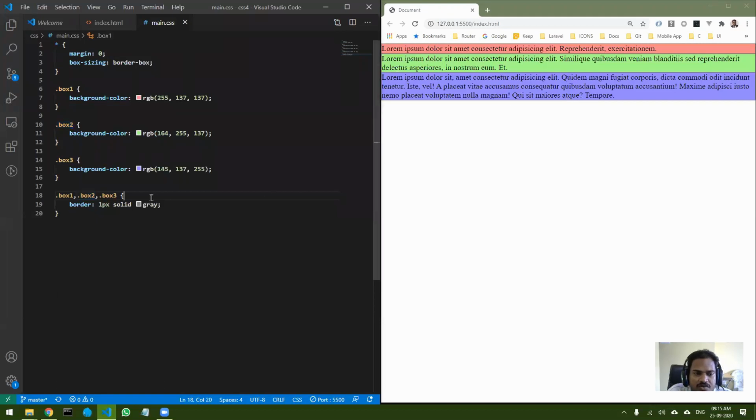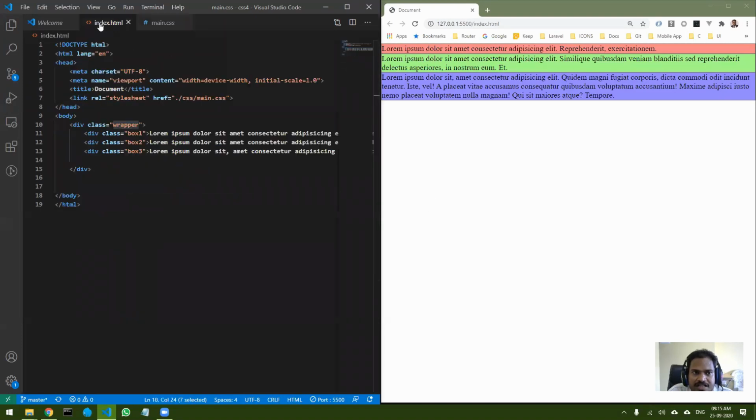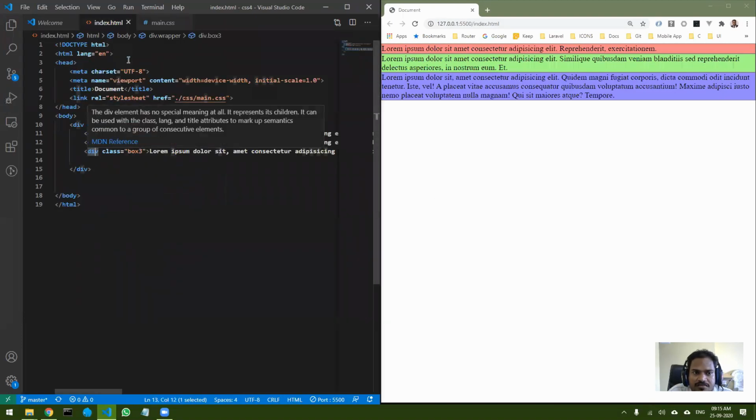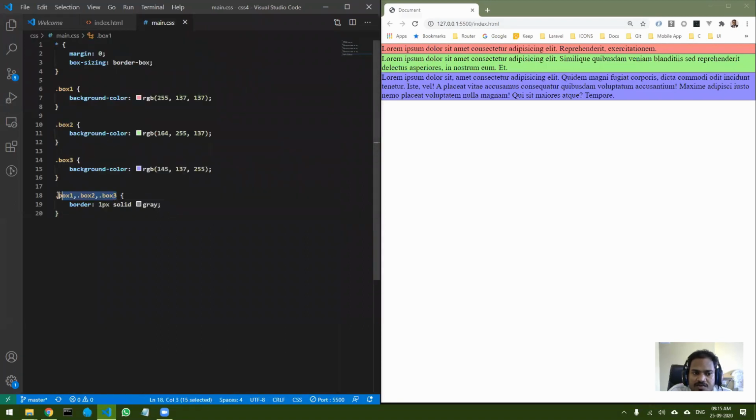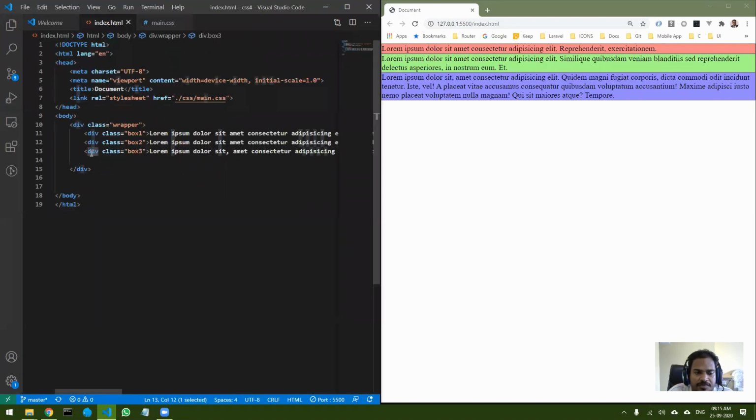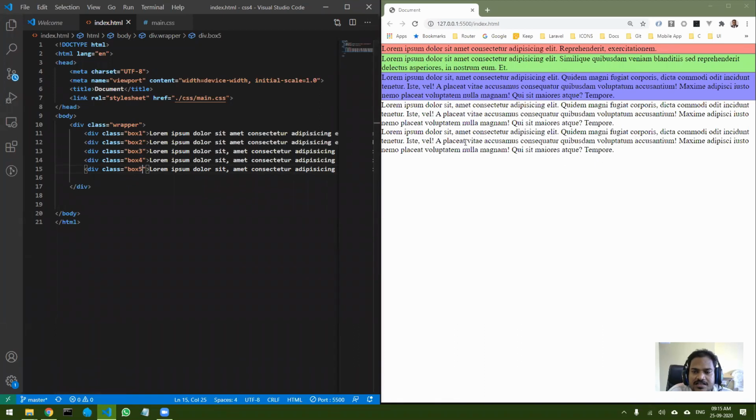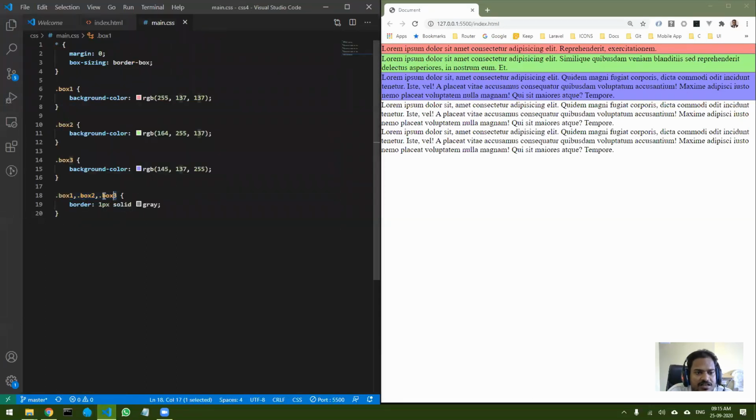Obviously you can do this, but just imagine if you add a few more divs, what will happen? At a later stage, you come over here and add a few more divs. This will not work. Let me show you why. Let me add a few more divs, box 4 and box 5. If I save it, you can see the border style is not applying in the last 2. The reason is because you have done it only till 3.